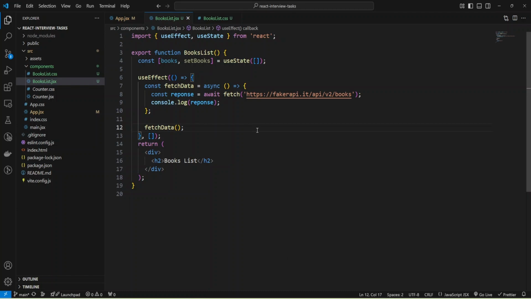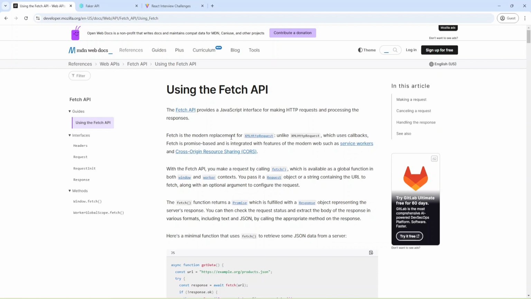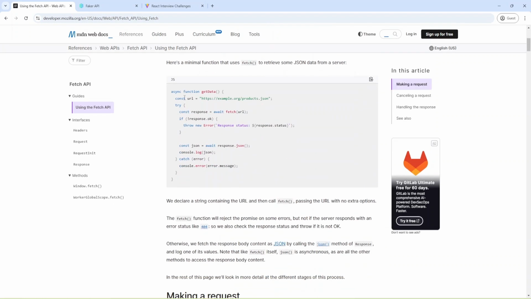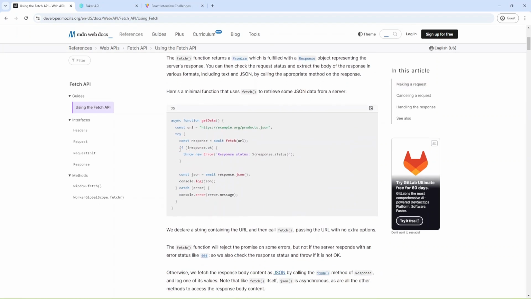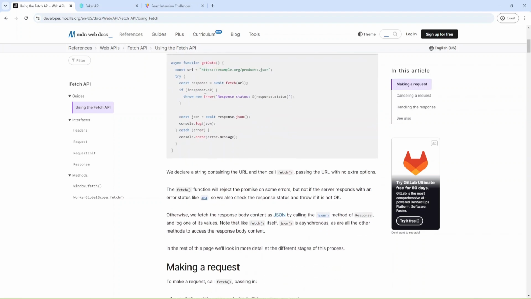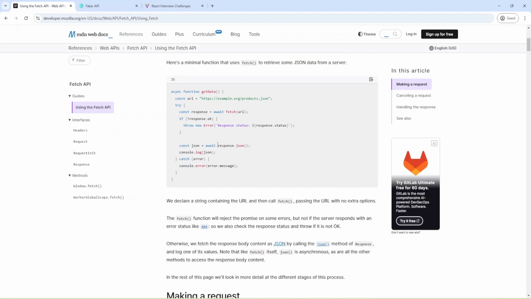First of all, we need to save the data from the response into a state variable, and I'm going to check the docs about the fetch API, and let's see. It would also be good to check if the response was okay, and then we can get JSON data from the response.